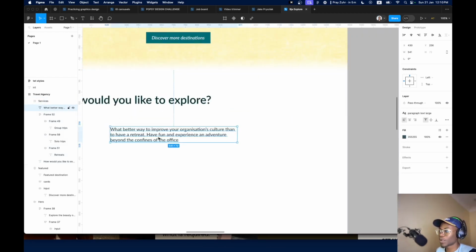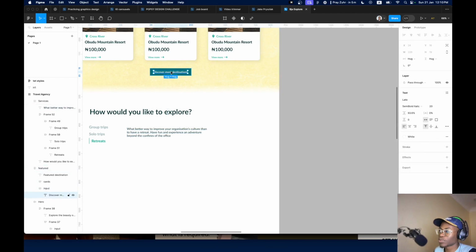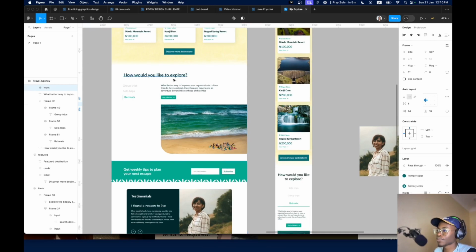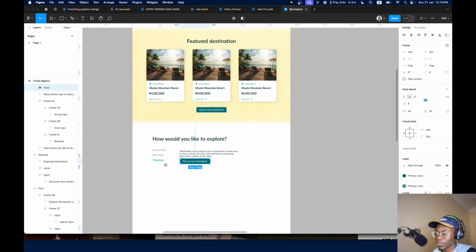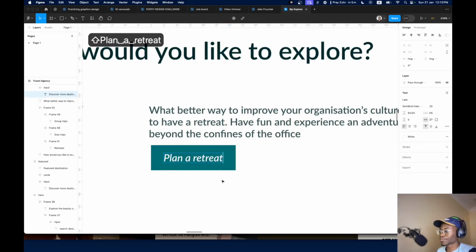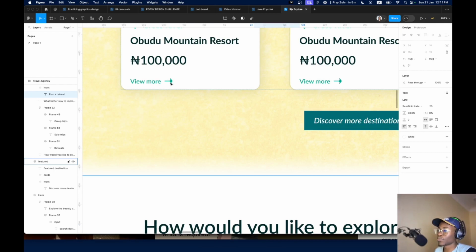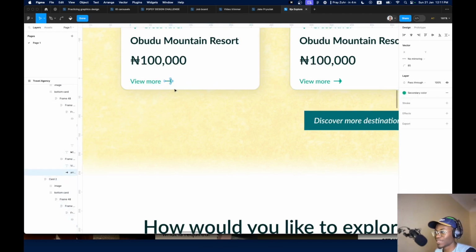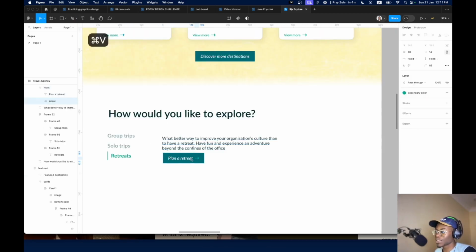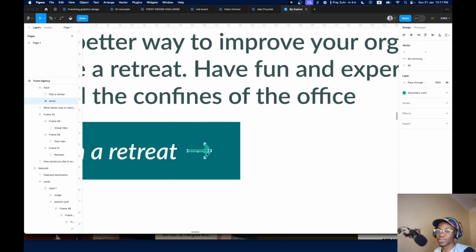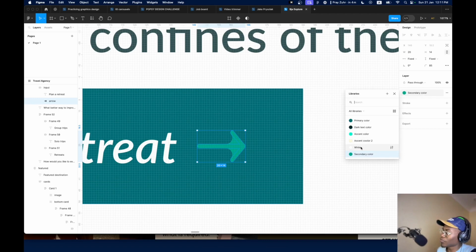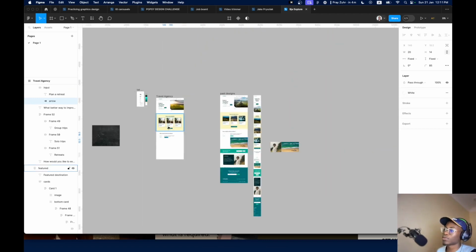Now that we've done this, we have our text here. We now have a call to action over here. So we can steal this one from here, bring it here, and we'll call it, what do we call it over here? Plan a retreat. Easy. And if we bring this over here, we need the arrow. So copy it. If you double click again, yeah, copy it. What happened there was that I copied it and it's in max form. So if you double click it, it goes in from max form. I can edit it easily. So we're going to give it a color of white and a background button color of